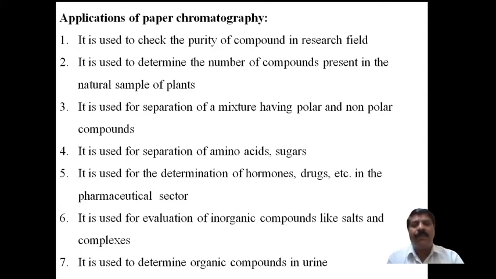Here the mobile phase is the reactant compound. The compound should be kept, choosing the solvent by trial and error method, and allowed to move as the mobile phase, and separation will take place. If the separation gives a single spot, it indicates the purest form of the compound. If there are a number of spots, or dragging or broadening of the spot, it indicates an impurity is present. Therefore it is a check for the purity of the compound.